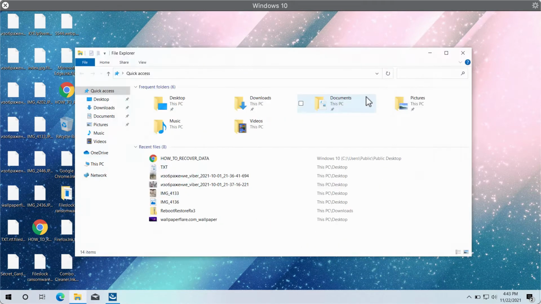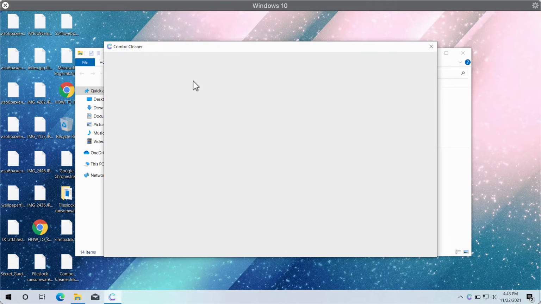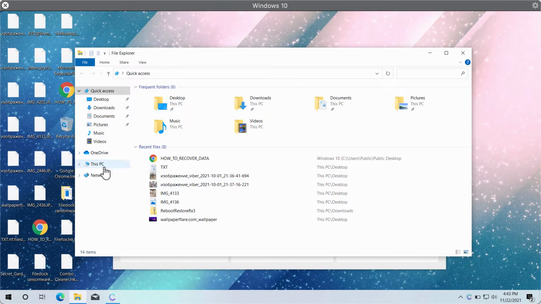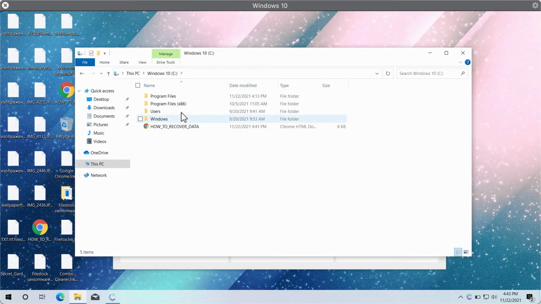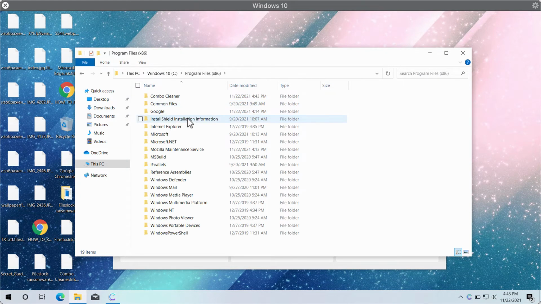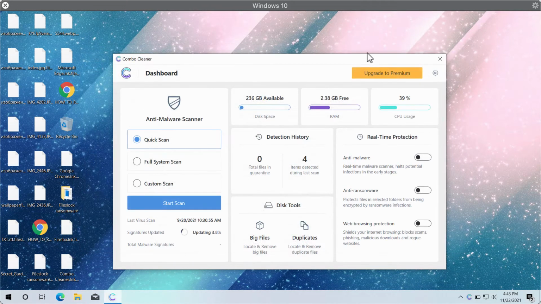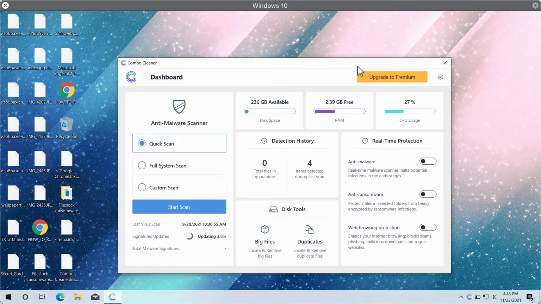So how to start Combo Cleaner? Go to the C drive, then select Program Files, then select the Combo Cleaner folder and start the program directly through this location. Combo Cleaner will help you to detect and delete this particular ransomware and to protect your data from being damaged